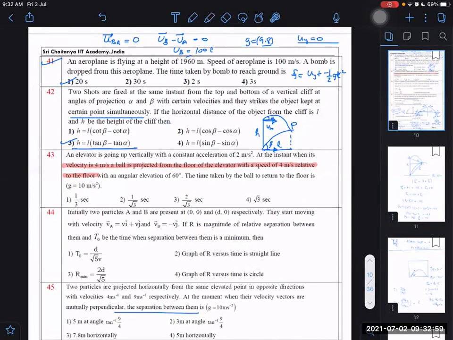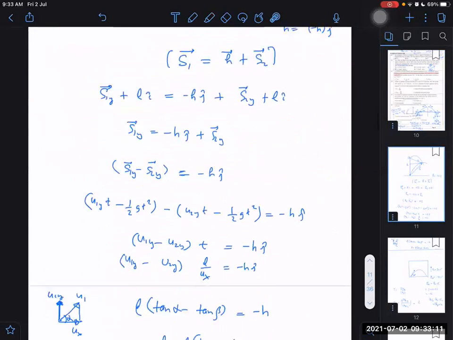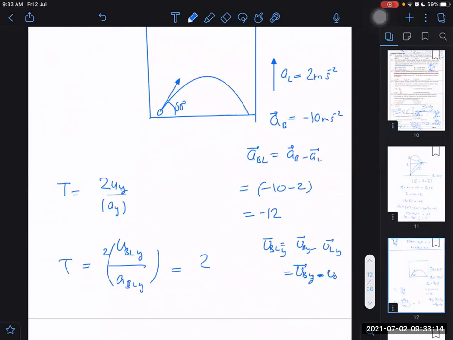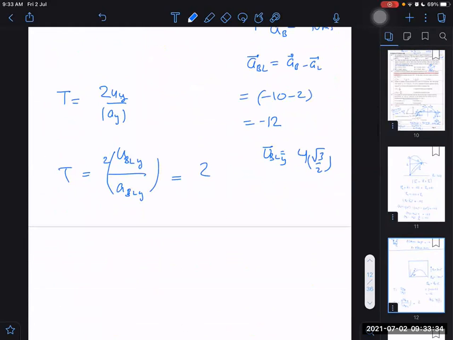Even if they don't give us this extra clarity here, they mentioned it perfectly clearly that it is relative to floor, but it was not required to be given. The question will appear more confusing if they don't give this, and sometimes they may not, but you should understand that it will always be relative to the frame from which we are throwing it. So no need to do this, because already we know the relative. What is the relative given to us as? Already it is given as 4, but angle is 60 with vertical, so angle will be 30, then 4 cos 30. 4 cos 30 means 4 root 3 by 2. This is the speed. Then it will become 2 times 2 root 3 divided by, what is it? Divided by mod of AY.